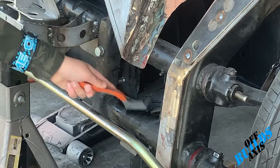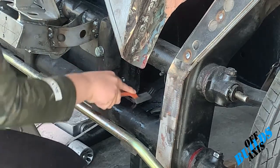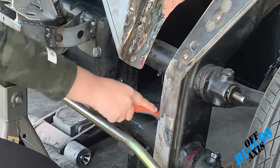Yeah, I mean, that's what this pipe used to look like before we started. Been working on this for about an hour. And so it looks